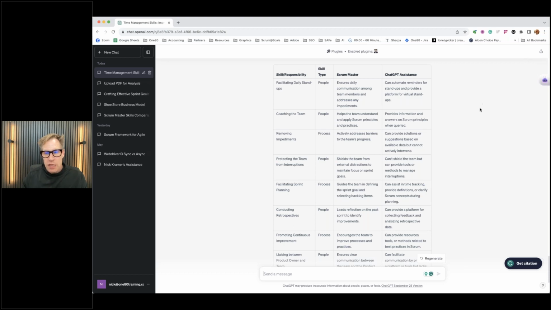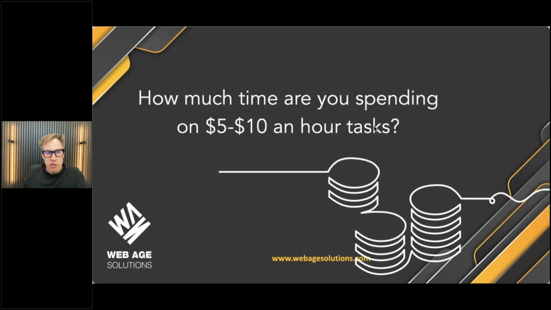Because really, what this all boils down to is, as you know, the average Scrum Master makes $55 an hour in the United States, and we can get ChatGPT easily to do the tasks that were probably $5 or $10 worth. The tasks we don't really need to pay a Scrum Master to do, we can definitely automate using the tool, freeing up Scrum Masters to do all the good things that they should really do. Okay. So that's my opinion, at least for now.